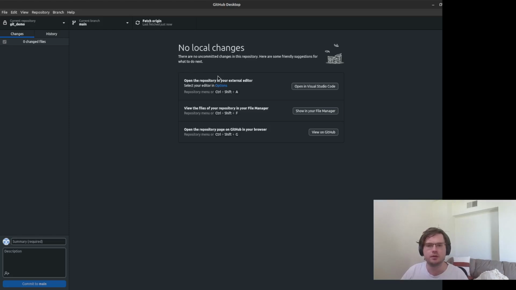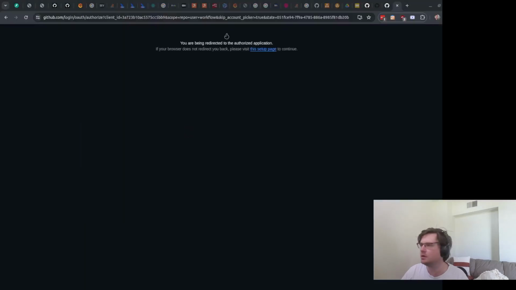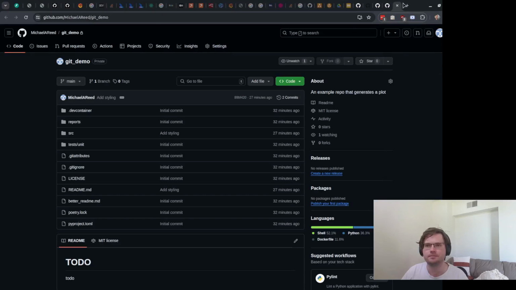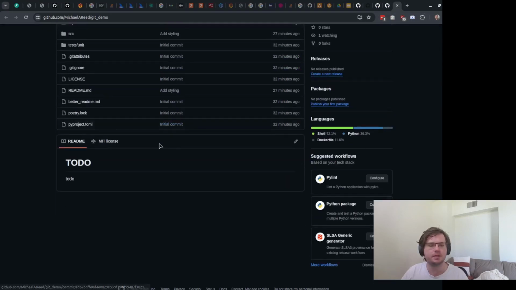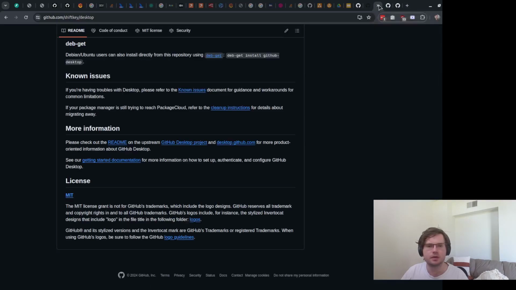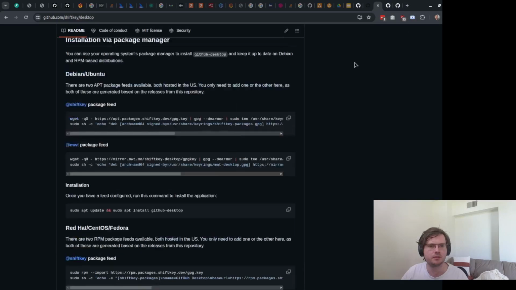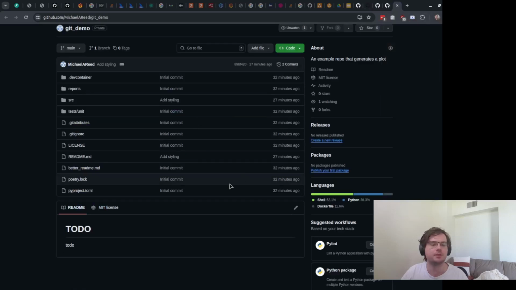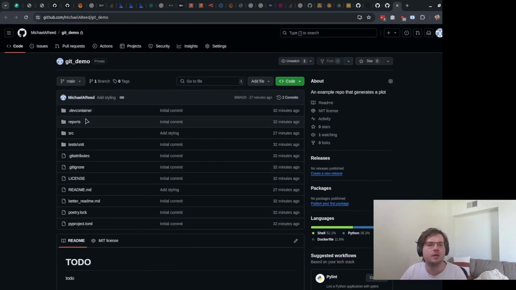So what I'm going to do now though is view it on GitHub so that I can show you what things look like on GitHub itself. It's just opened up on that other screen, so I'm just going to pop it over. So this is what popped up for me. You can see that before, we had that README screen in the other repository that we were looking at. Yep, this one here. We have a very similar interface here, but in mine, because I just had that file set to to-do, that's what we see here. It also contains all of the files that we have, and it's got a bunch more features here. We're not going to go into a crazy amount of detail, but I'll very briefly go over some stuff.